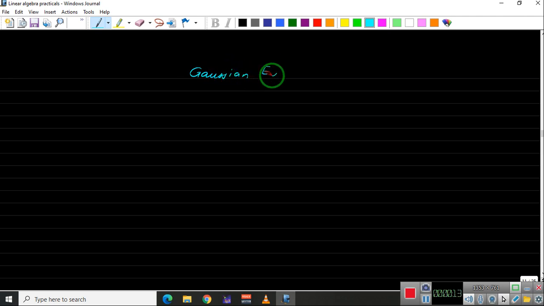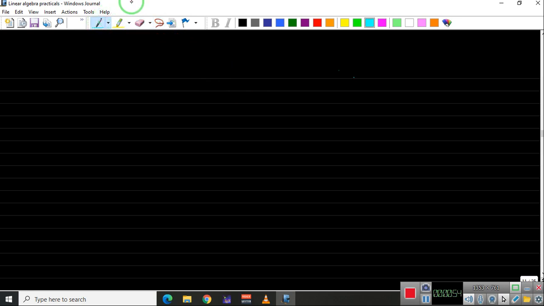Gaussian elimination. Now this is a method to solve a system of equations. For that, we will divide this series into 4-5 videos, wherein we will first see what a linear equation is, what a system of linear equations is, and what we mean by the solution of the system. And then we will go for the Gaussian elimination. For this, we have already seen the row echelon form and elementary row operations. So let's first see what a linear equation is.